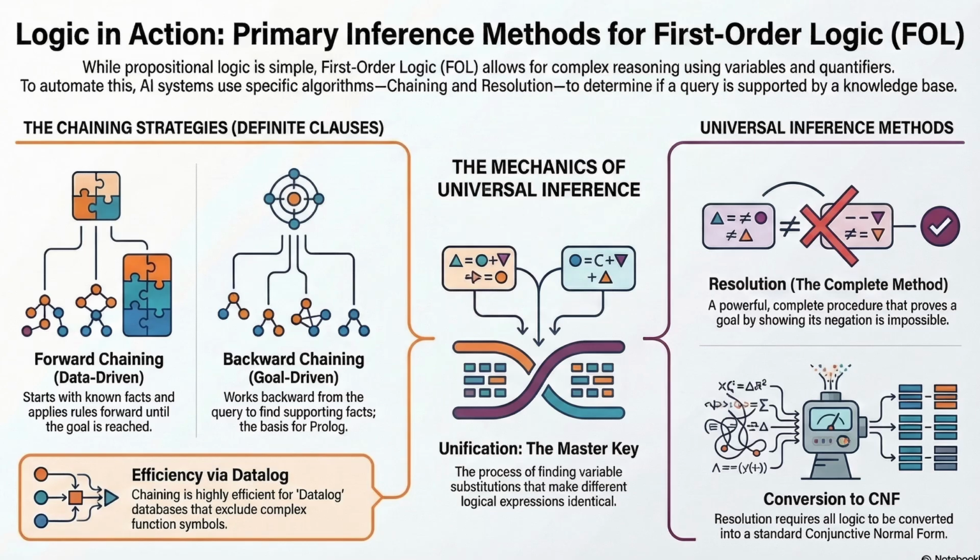Yeah. But there's a downside, right? You mentioned it can generate junk. Oh, massive amounts of junk. Forward chaining is entirely indiscriminate. It derives everything it possibly can. In the Colonel West example, while it was figuring out he was a criminal, it might have also deduced West owns a pair of shoes. Or Nono is a country with dirt, if those facts were in the database. It doesn't know what is relevant to your goal. It just knows what is logically true. It's a blabbermouth that tells you everything, even if you just asked, is he a criminal?